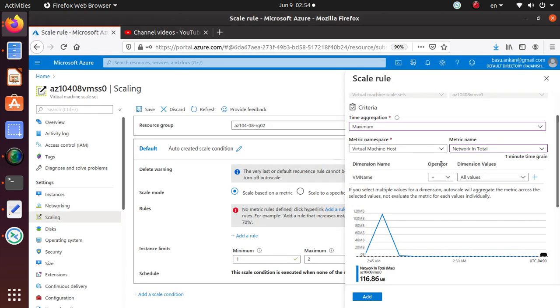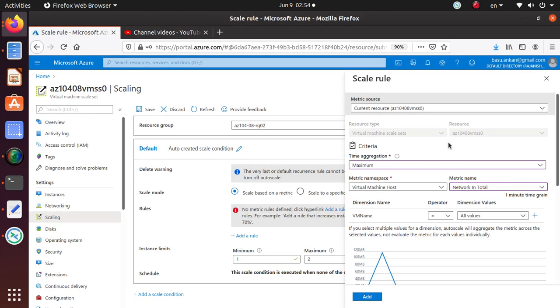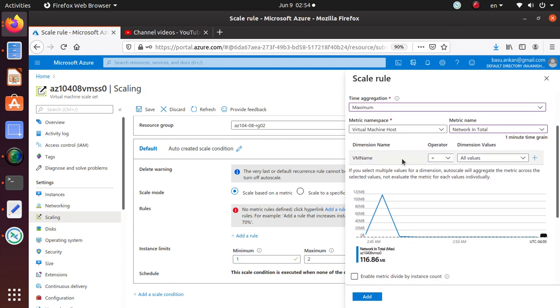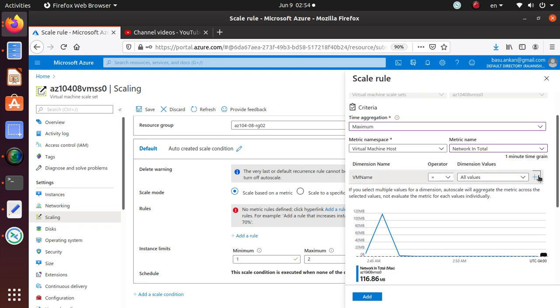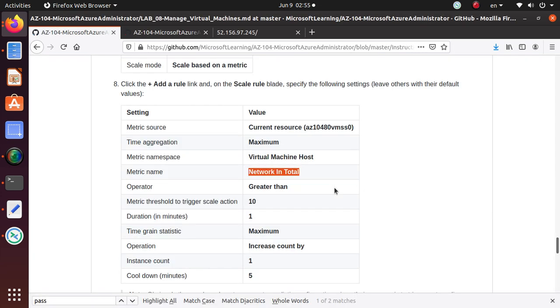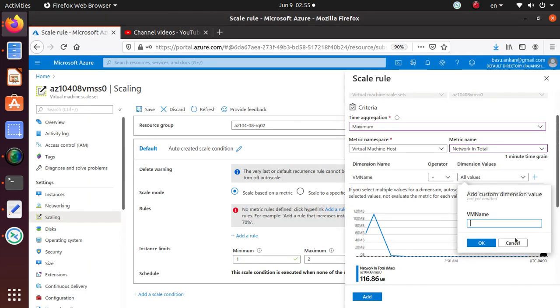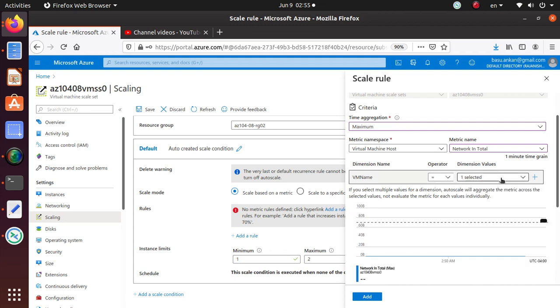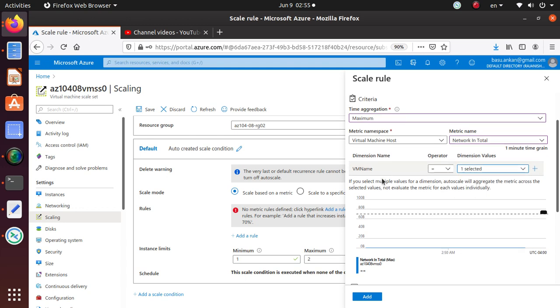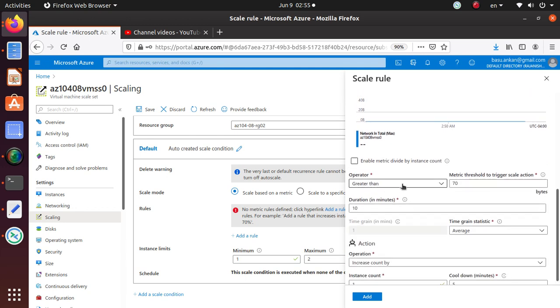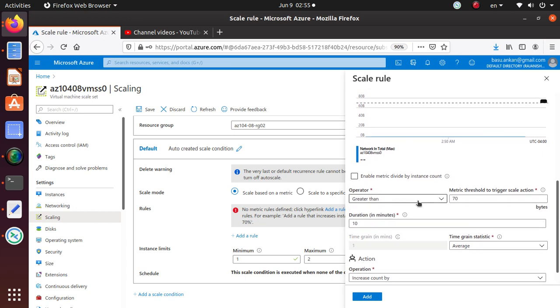This is not giving me the option that I want. It's just saying VM name equals, so that's giving me some trouble. Operator, duration 1. Let's try the operator. It's not in here, not in here. Here. Operator is down there. Okay, so here, greater than,